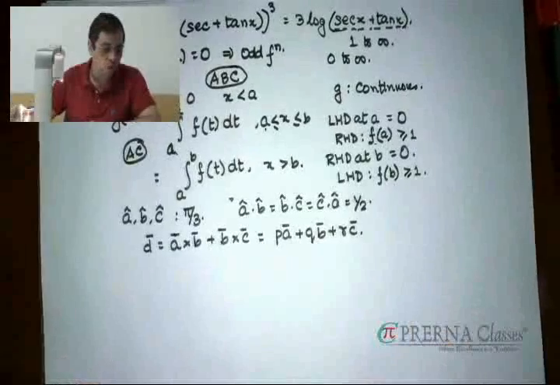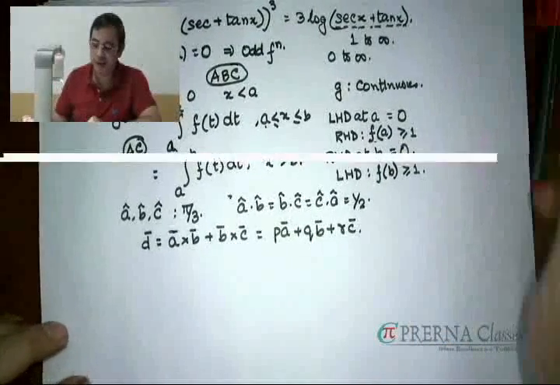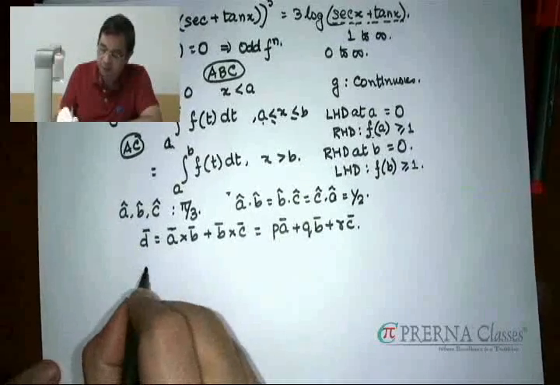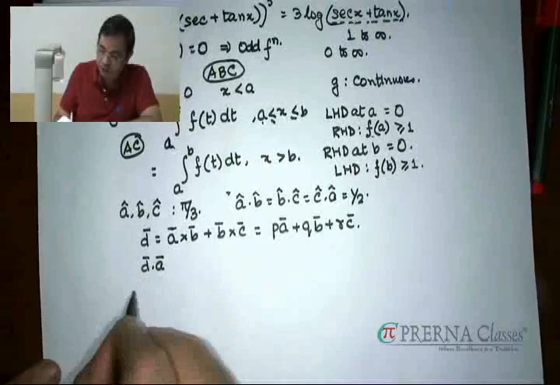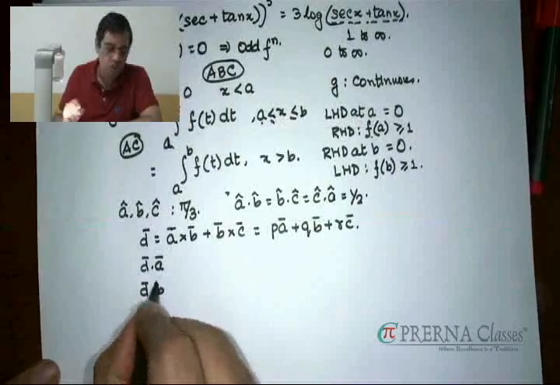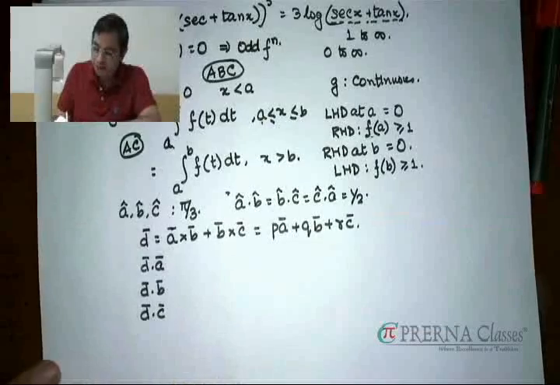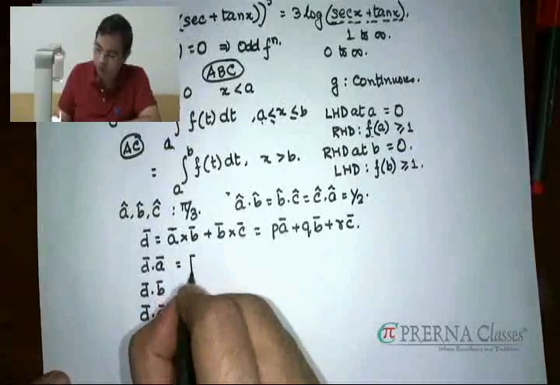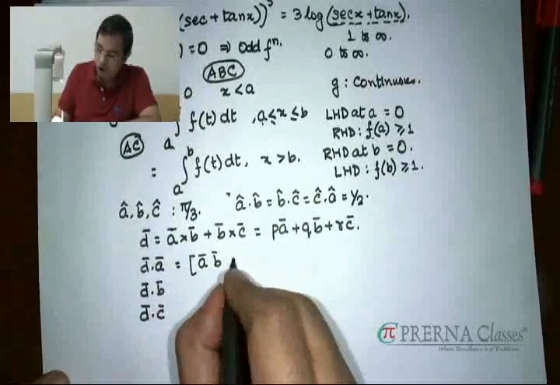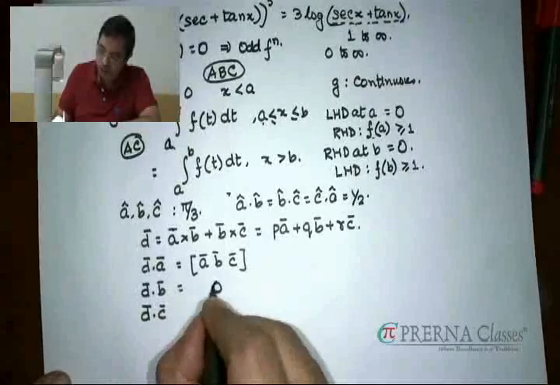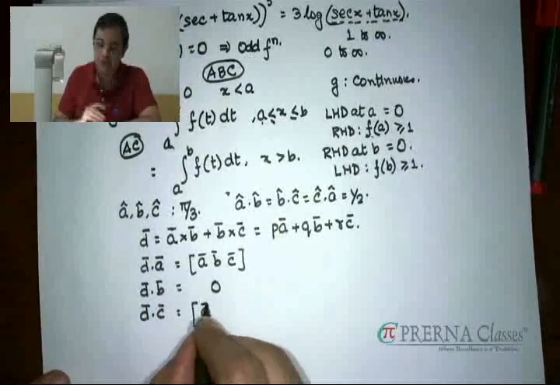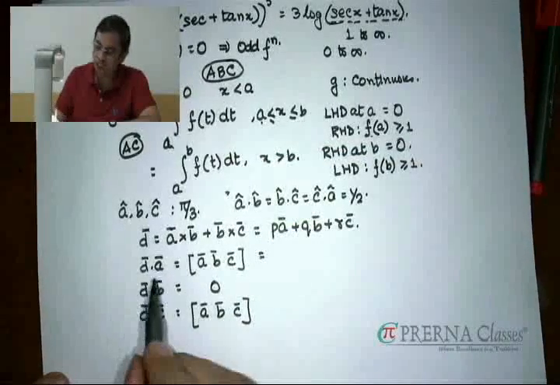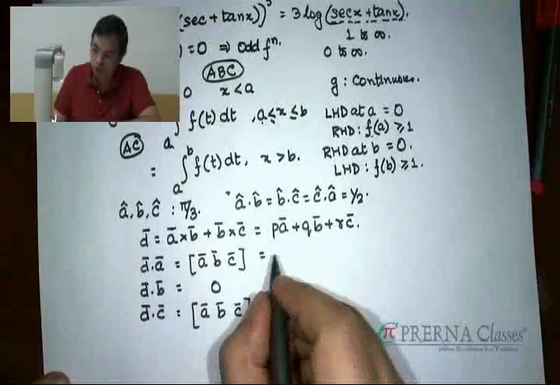Some relationship about those scalars P, Q and R were to be determined. That can be easily obtained by simply considering successively the dot product of the vector D with A, B and C. If we are considering D dot A, this turns out to be just the STP of the vectors A, B, C. D dot B comes out to be 0. D dot C again turns out to be the STP of ABC. If I were to be taking the dot product of it with each of these, this then comes out to be equal to